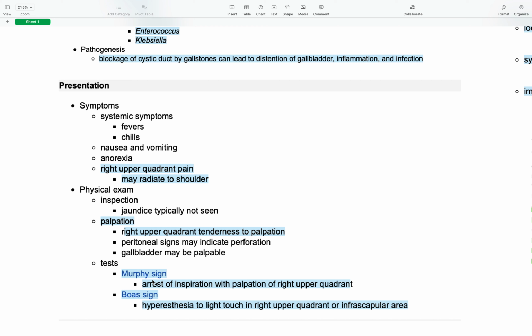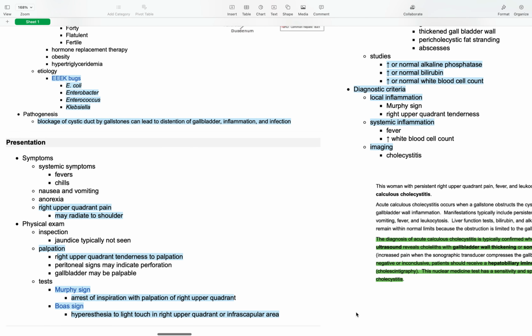So this is a classic test or a sign that is significant for cholecystitis. In addition, there's another sign called Boas sign, where a patient experiences hyperesthesia to light touch in the right upper quadrant or infrascapular area on the right side. Okay, then moving on to the